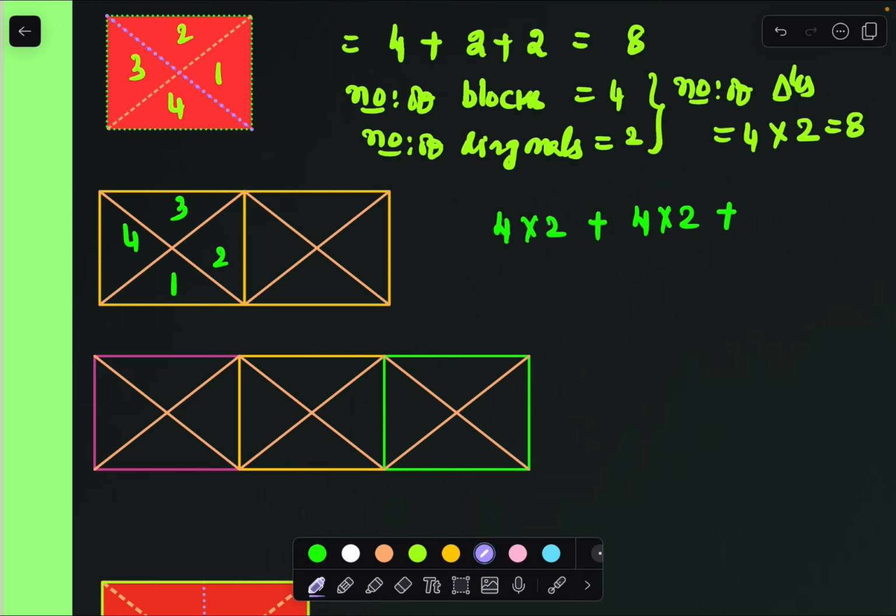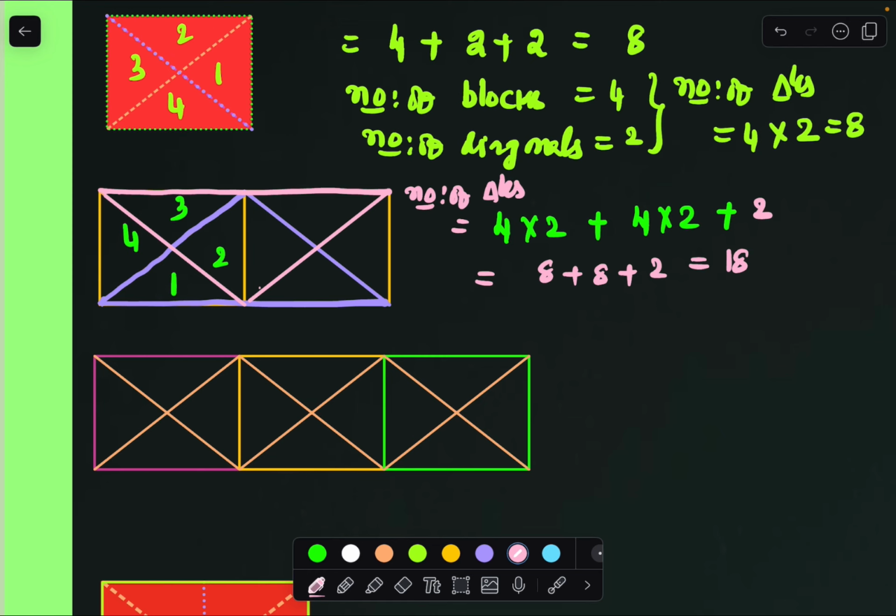Because of this joining, this attachment, how many new triangles can we form by using these two figures? We'll check it. It is one triangle, and from bottom to top also one more triangle we can see here. It is one more triangle, right? And the total number of new triangles because of this attachment, how much? We are getting a 2, plus a 2 we got. And the number of triangles equal to how much in this figure? So 8 plus 8 plus 2, 16 plus 2, 18 we can get. So in this figure, in this way we can calculate it easily.